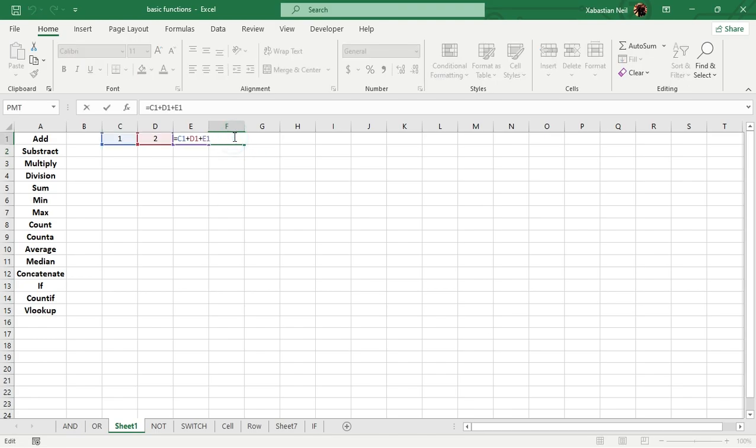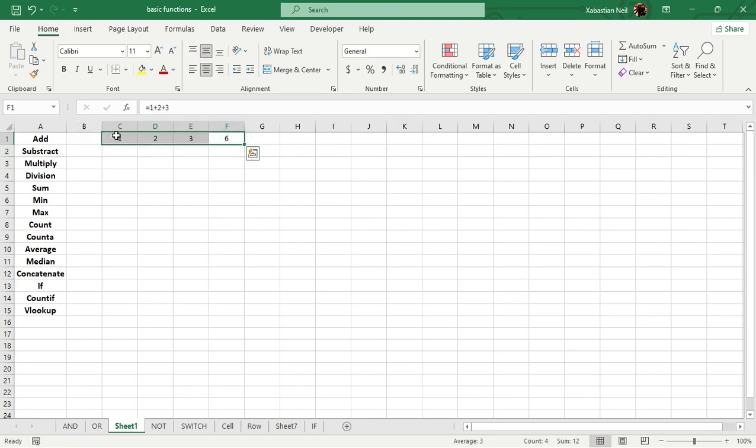We can also do something like, let's say, 1 plus 2 plus 3, enter, and it's going to give you the same value. Well, that is done for addition. Next we're going to move to subtraction. Subtraction is also really easy, so I'm going to do all of these, and as the answer is 6 for them,